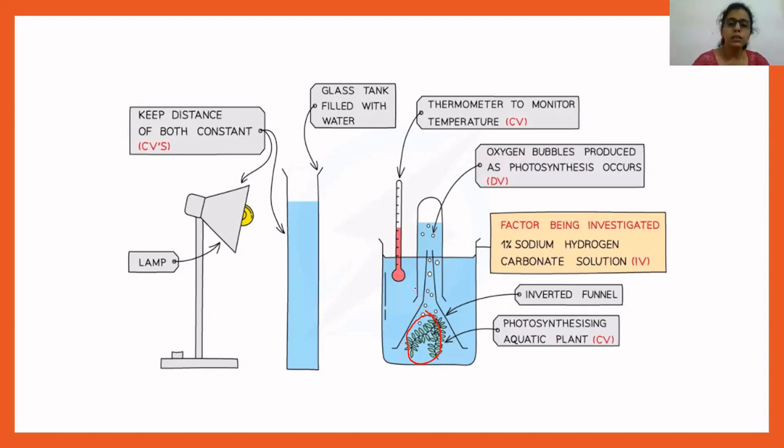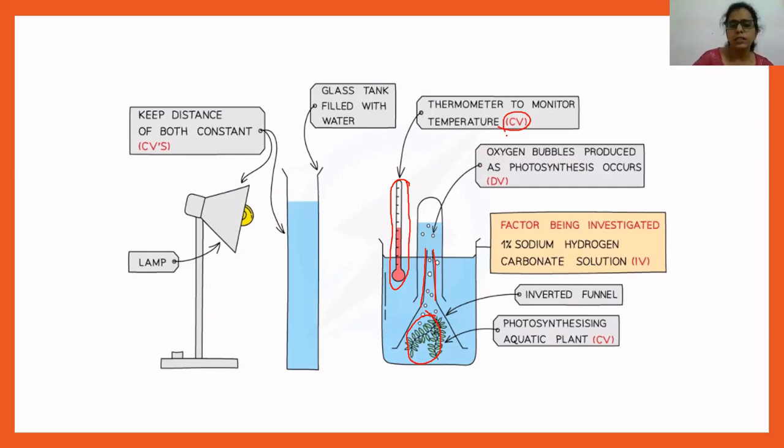And then we have taken a normal test tube. We have filled the test tube with water to the brim, and this test tube is placed on the stem of the funnel in inverted position. So this is called the stem of the funnel. And here we are using this thermometer in order to maintain the constant temperature of this water. This is called a control variable, or any variable which is kept constant.